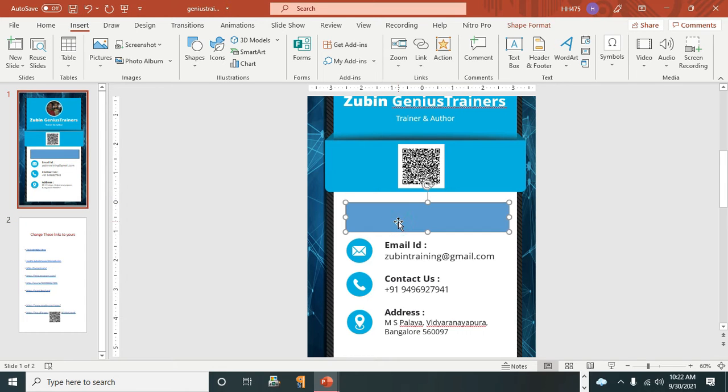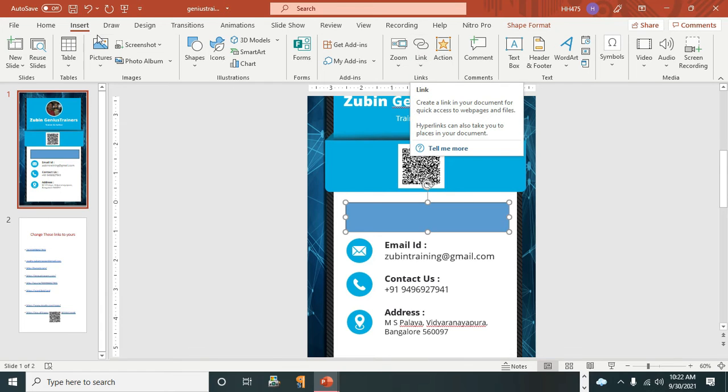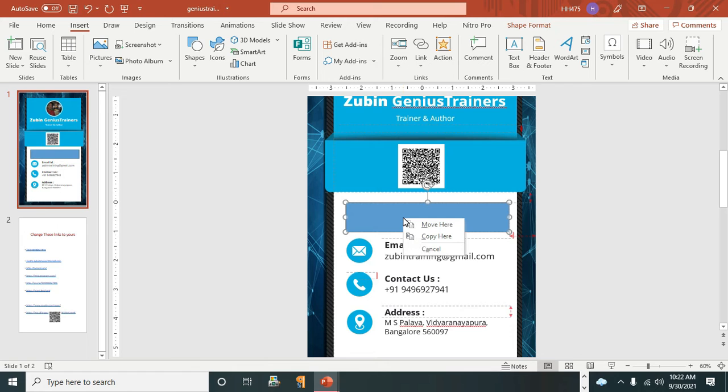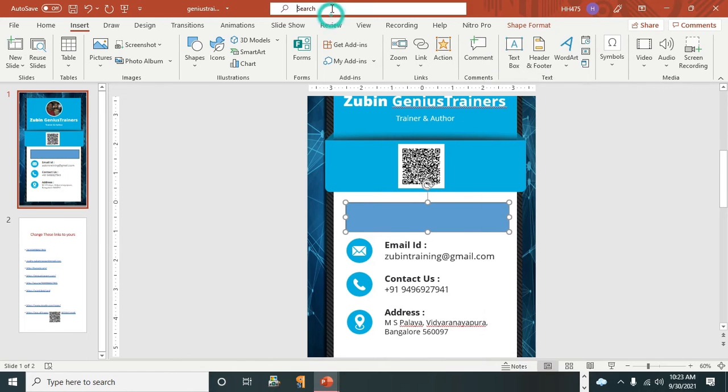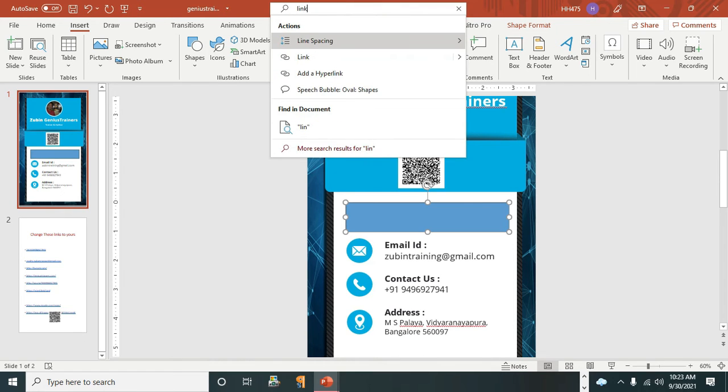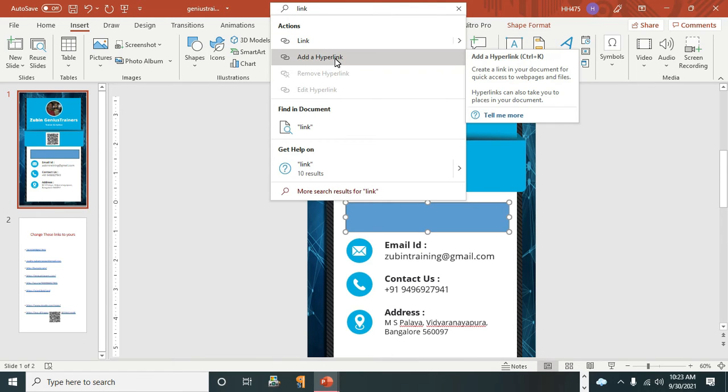First, click on this shape. Then either click link from the insert tab or link from the home tab or link from the right click or link that you get while searching. So when you type in the search, you can see add a hyperlink.